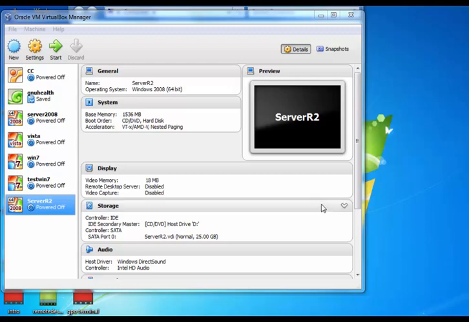Hello, and my name is Andre Theodore, and I am going to show you how to install Windows 2008 Server R2. So let's go ahead and click on Settings. Make sure Server R2 here is highlighted. Click on Settings in your VirtualBox Manager,